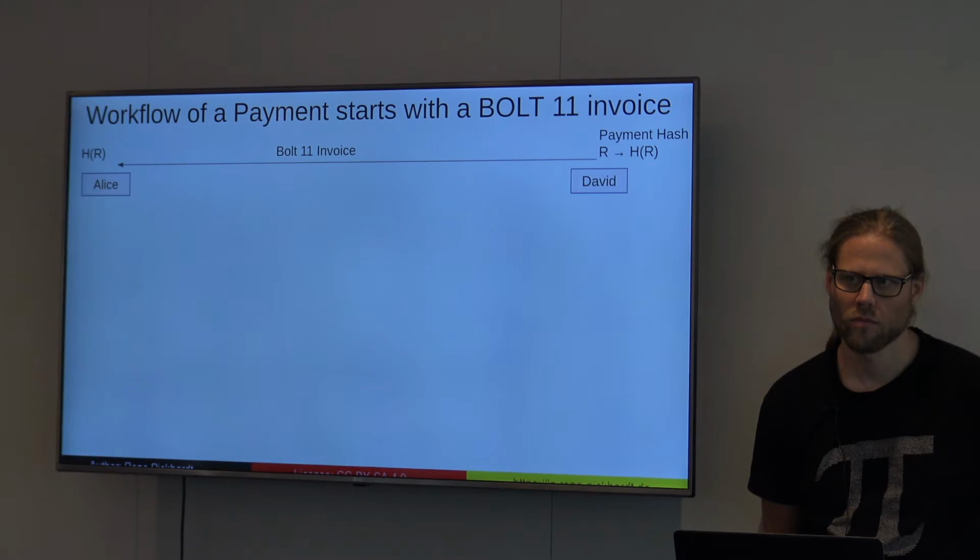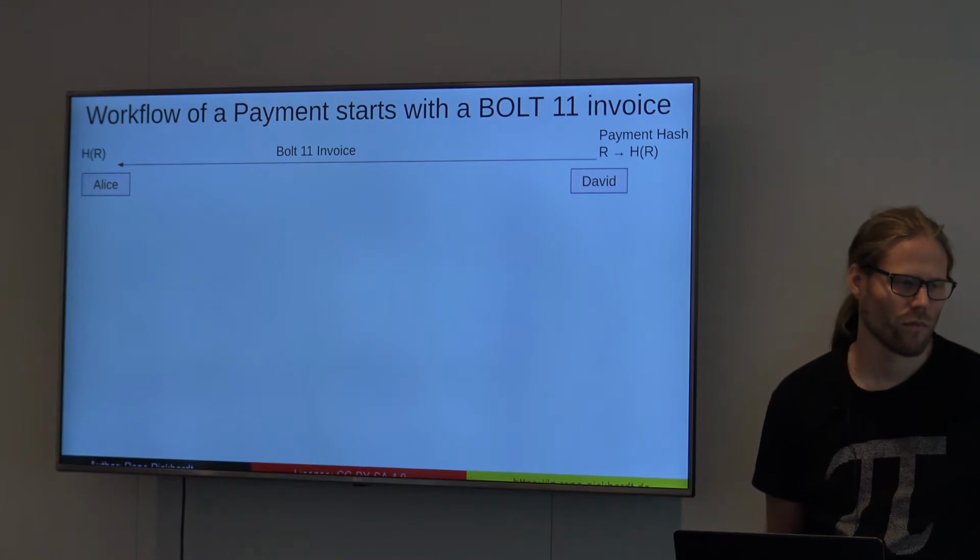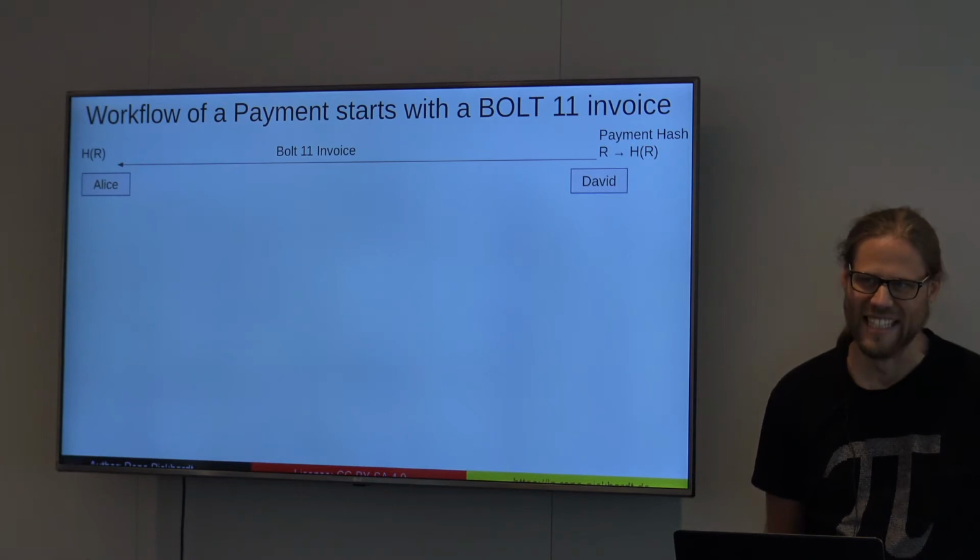For the offered output, received output, and to local output, you don't care because you don't have the route. You need to keep them because if the other part doesn't broadcast,